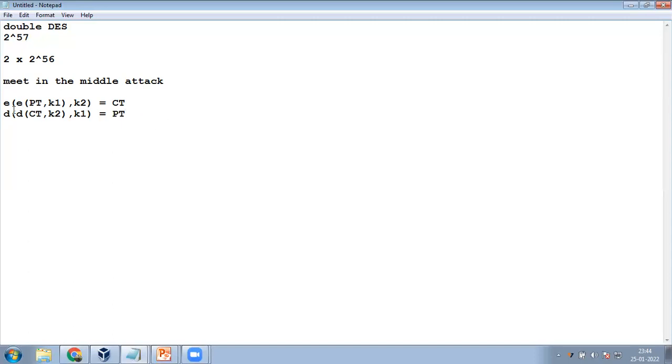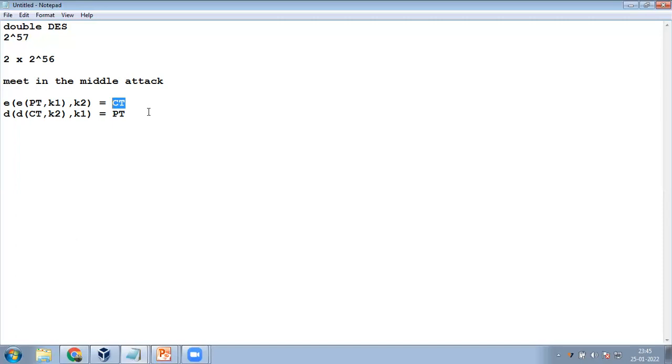But the problem is, if you clearly look at Kerckhoffs's principle, the only secret in the complete crypto system is the key, not even the plain text or ciphertext. So the attacker wants to break the algorithm and recover the key. What he can do is catch hold of an application that has Double DES implemented, or create one. And he can have a plain text, he can have a ciphertext, he has the algorithm. The only secrecy in the complete crypto system is the key. Here there are two keys, K1 and K2.